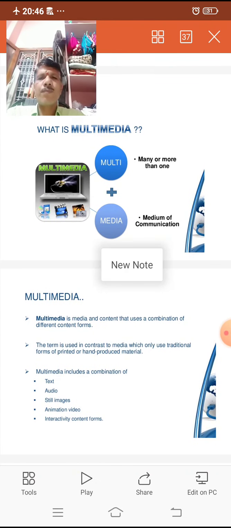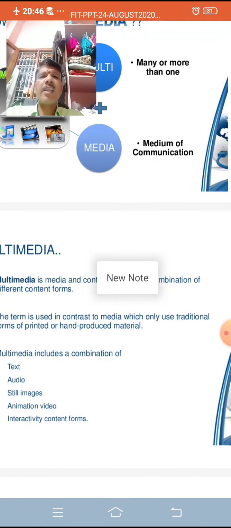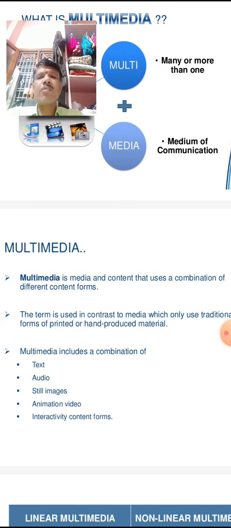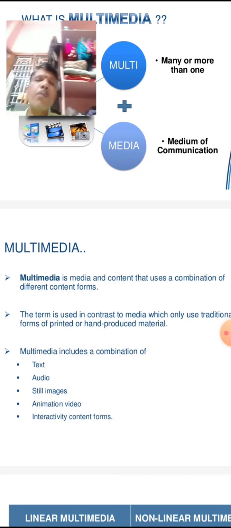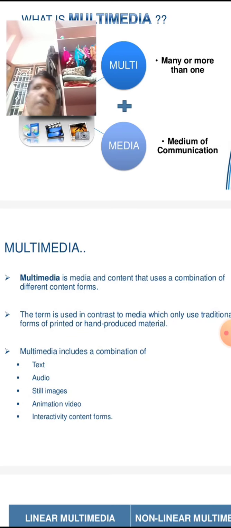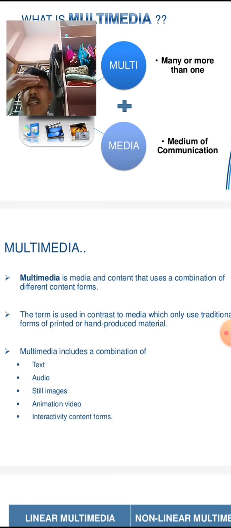See now, multimedia is a media and content that uses a combination of different content forms. First, it is a media and it is a combination of different content forms, and the term is used in contrast to media, which only uses traditional forms of printed or hand-produced material. Generally, media used in a traditional manner, which is printed, will be treated as media.